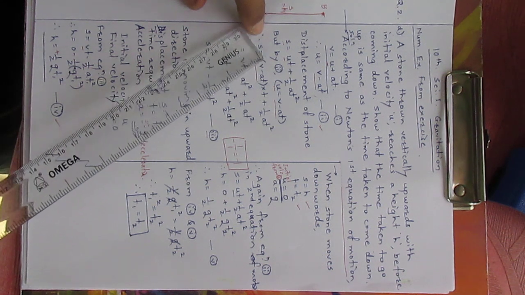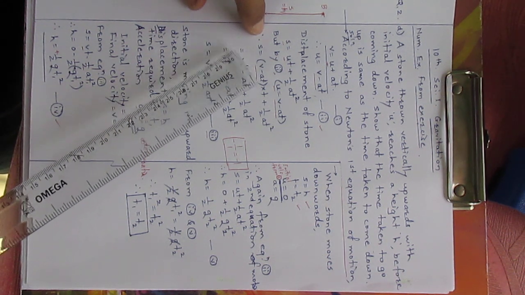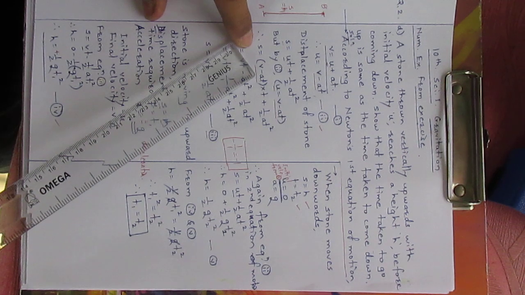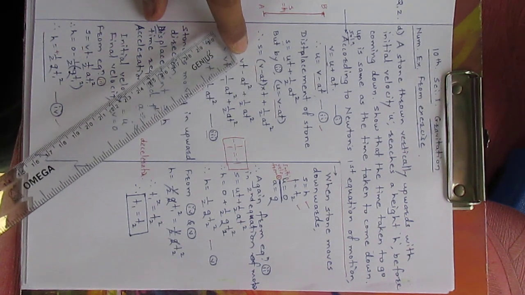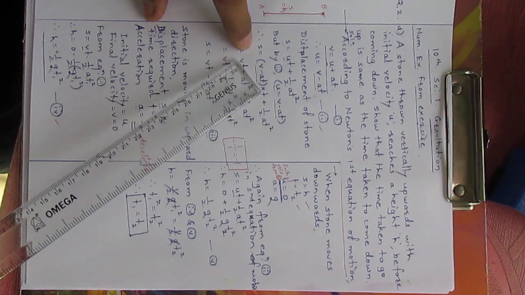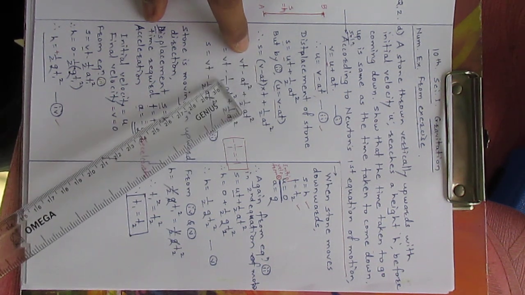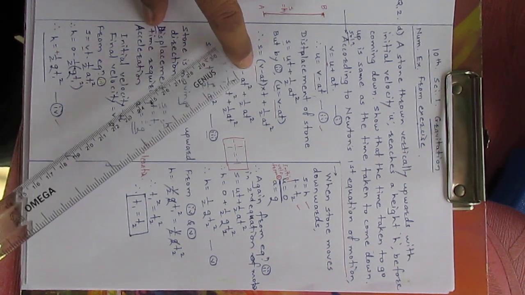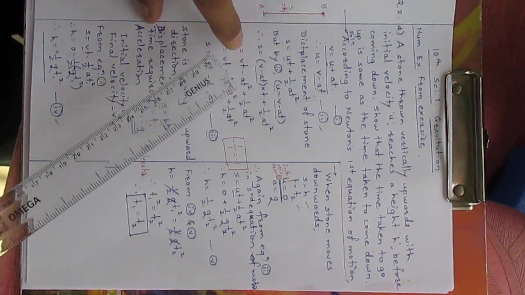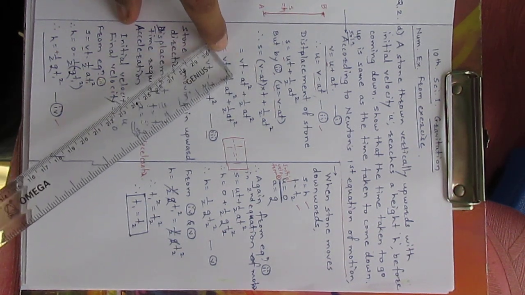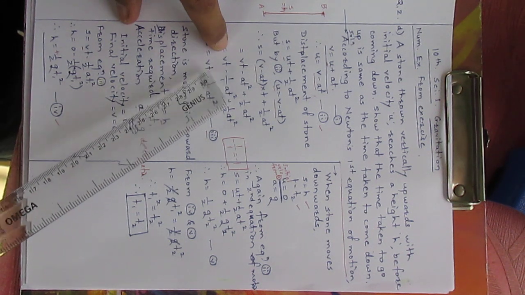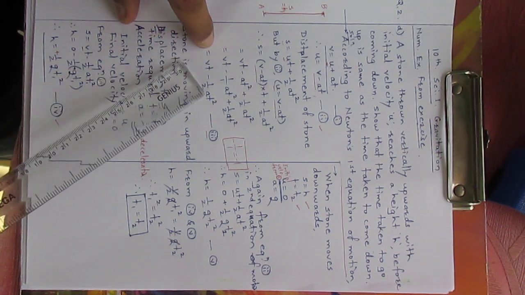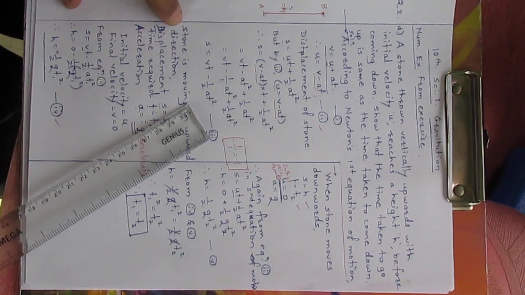s is equal to (v minus at) into t plus 1 half at square. Now here there will be a multiplication: vt minus at square plus 1 half at square. Here minus 1 at square plus 1 half at square, that means minus 1 plus half. Therefore it will become vt minus 1 by 2 at square. Therefore s is equal to vt minus 1 half at square. This will be equation number 3.